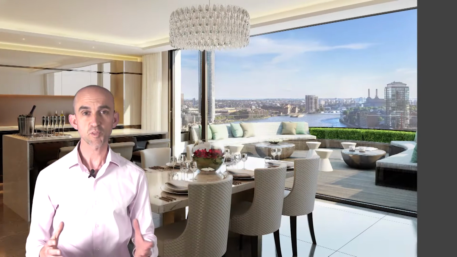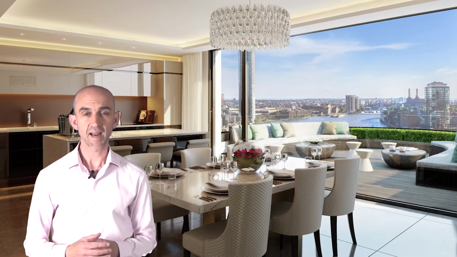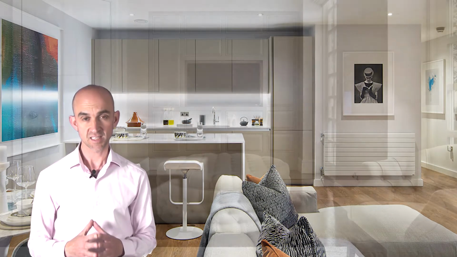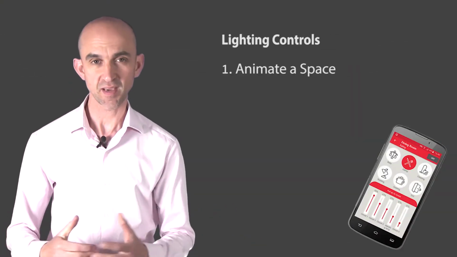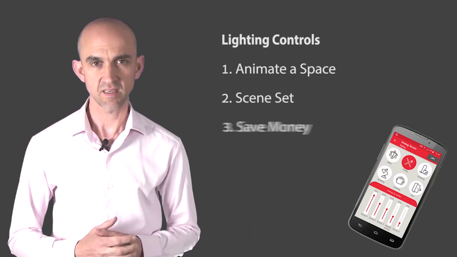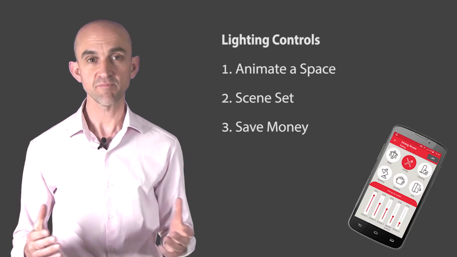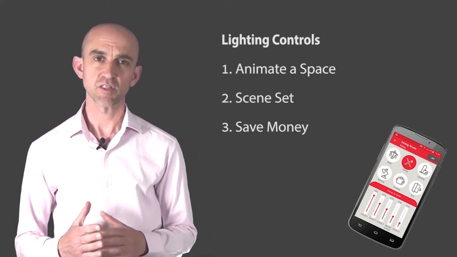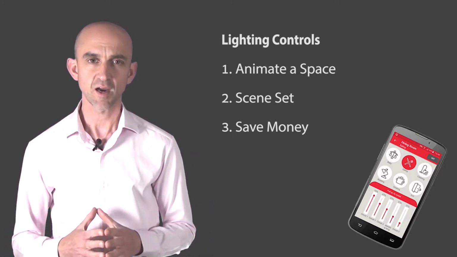Firstly, it's important to remember that we are all designers and our purpose is to create a complete room environment which will include an array of factors of which lighting is an essential one. So the choice of controls package is critical. Controls can animate a space. Controls can scene set a space according to time and activity. Controls can of course save money in reduced energy consumption when only the lights that are required are being used